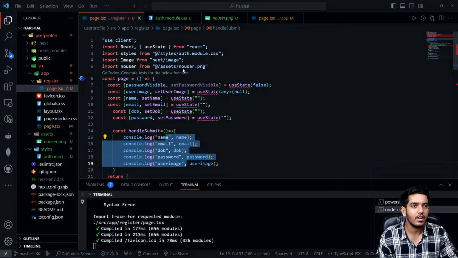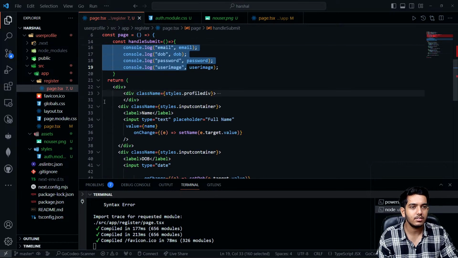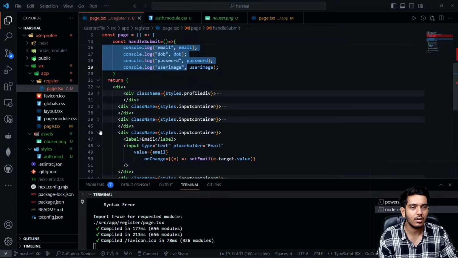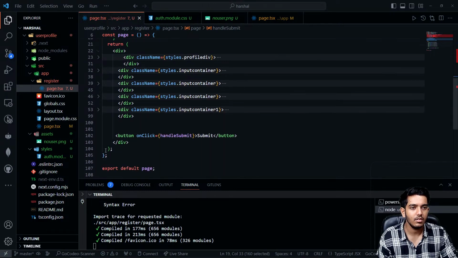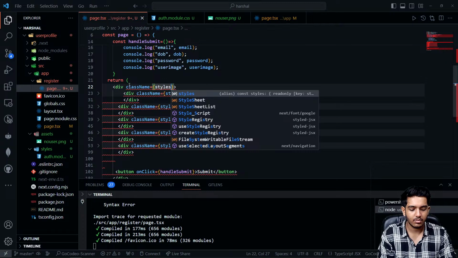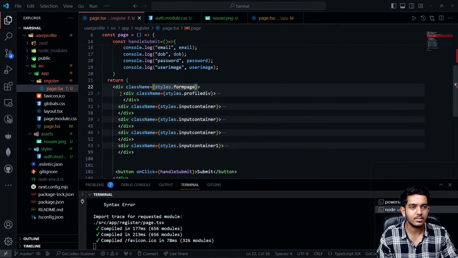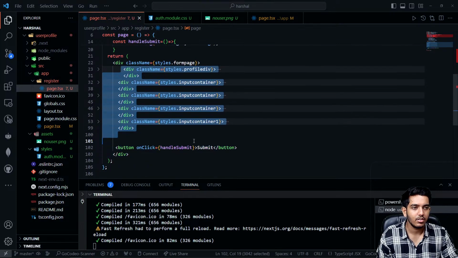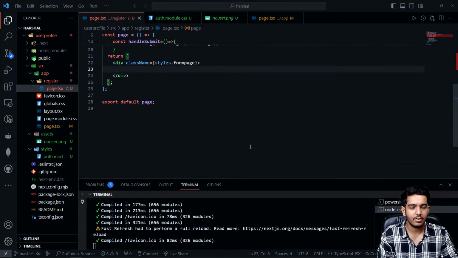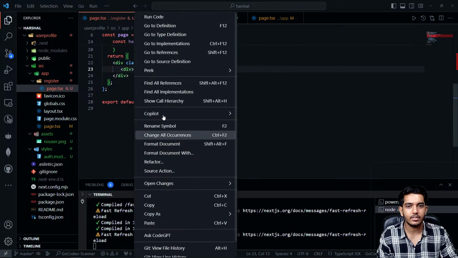Okay. So I'm gonna say that we have the stylings for this. Okay. So first of all, guys, I'm gonna bring things in center. Okay. So for that, what we can do is I'm just gonna give this a class, something like styles dot form page. Okay, form page. And inside this, I'm just gonna say that we have one division. Okay. And let's say that